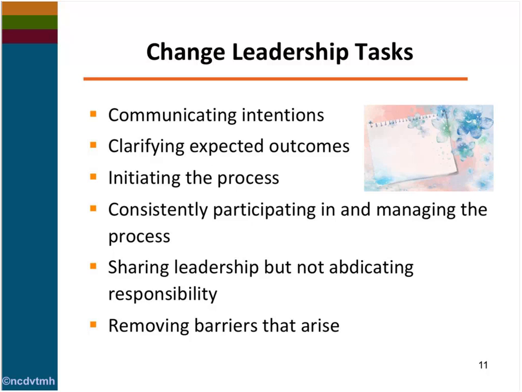And finally, I think the largest role for leaders in a very concrete way is to remove barriers that arise. It's hard to know ahead of time what the challenges might be, so some of that gets surfaced as we have readiness conversations. We have to think about workloads. We have to think about how much time we can devote to change in our organization and still provide all the services that we love to provide, have to provide as part of our deliverables, and are really passionate about how we provide them. All of those things need to happen, and yet we need to carve out some time